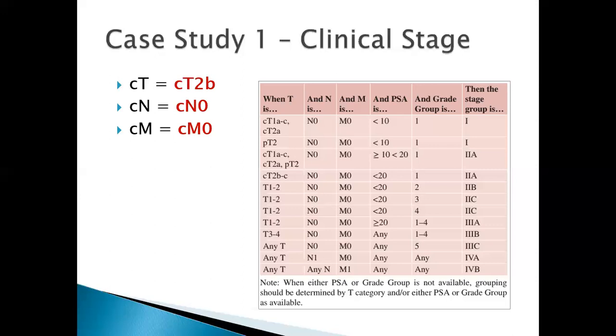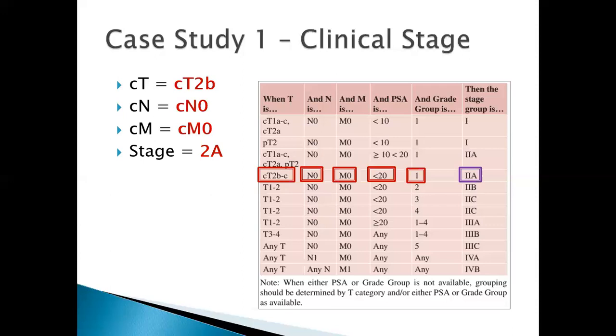So now we have the T, the N, and the M. So we go to our table and we find the clinical T2b, N0, M0. The PSA was 12.3, which is less than 20. 3 plus 3 equals 6 is grade group 1. So our stage group is